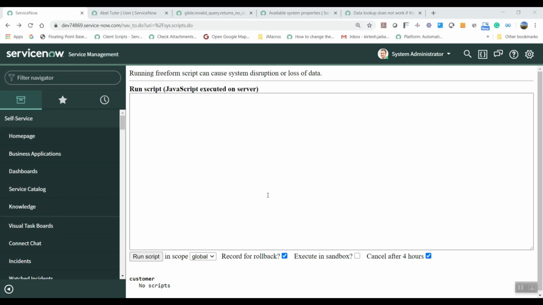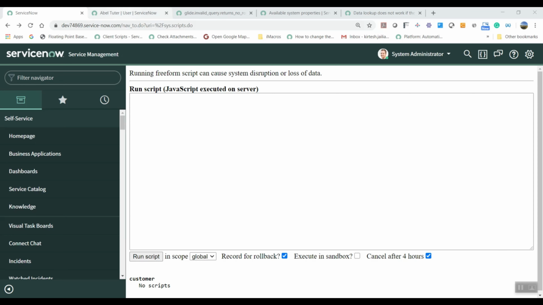Now I am going to give you a very important and very handy statement through which you can save your time. In many requirements, many cases, we have to find out how many groups a particular user is a member of. In general we go to the sys_user_grmember table, glide it and do some queries, but here I am going to tell you a single line statement through which you can find out how many groups this user is part of.